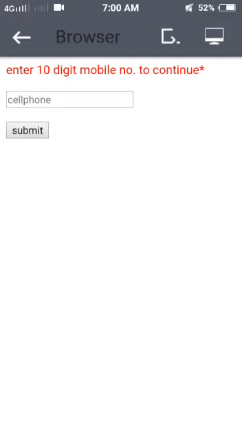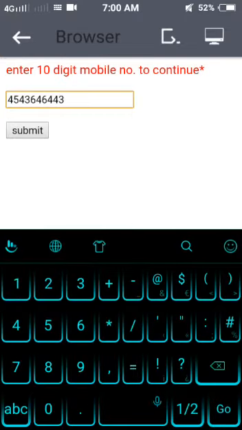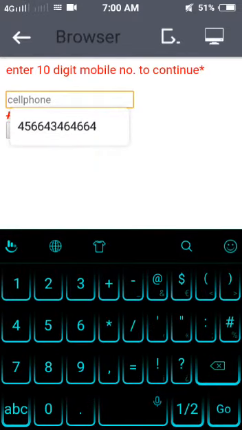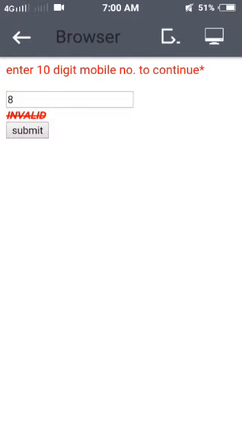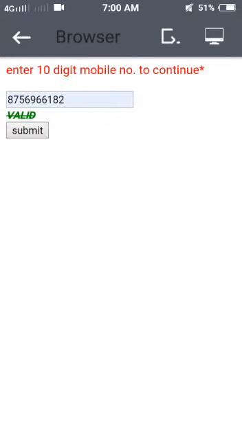Submit. The next page which opened asks us to provide our mobile number. If I write any 10-digit number, it will show invalid. We have to start our number with a digit between 7 and 9, a correct mobile number, like this. If we submit, it's valid. Okay, it's not redirecting.